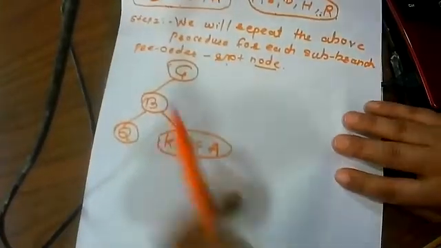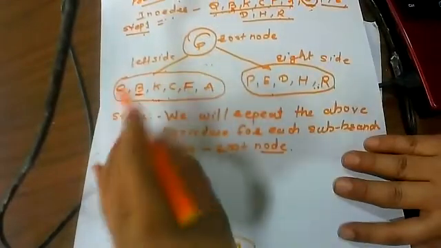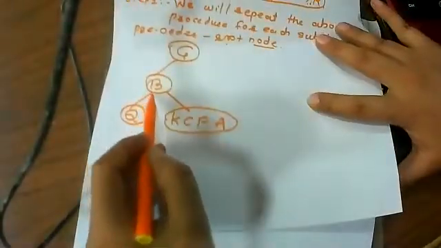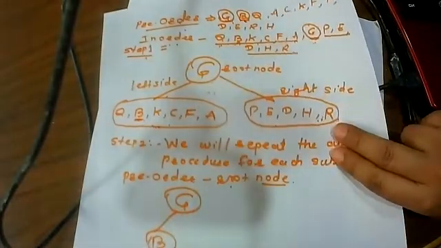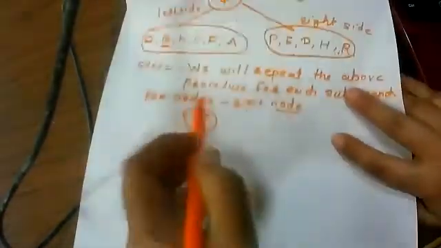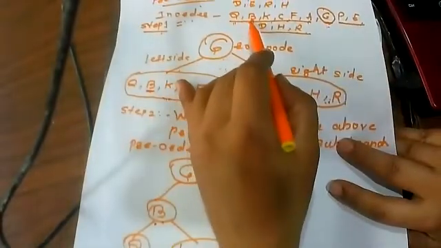Okay. Now again we'll start. G is a root node, so we focus on this part only, that is the left side of G. So now again we think of G. Where did we find B? B is pointing to the second position of the tree, so it is the root we found. Okay, we found B. Now for B, again we have to check the concept of in-order.